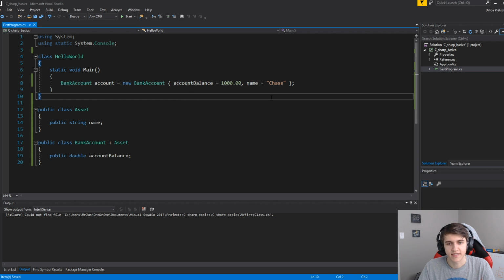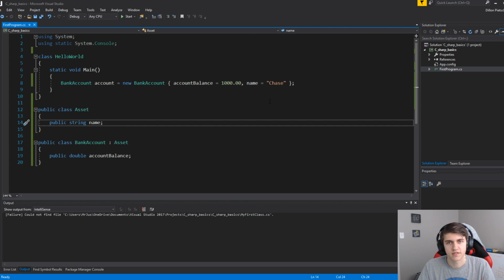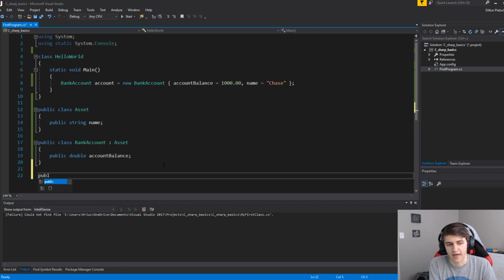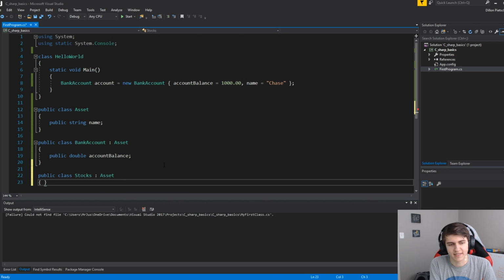So the cool thing you can see here is that we have the account balance, which we said was a part of BankAccount, but then since we're inheriting from Asset, we're also getting the Name field as well. So this way, if something's an asset, a bank account can be an asset, right? But then you can also have stocks, and that's an asset as well. So if we did the same exact thing,